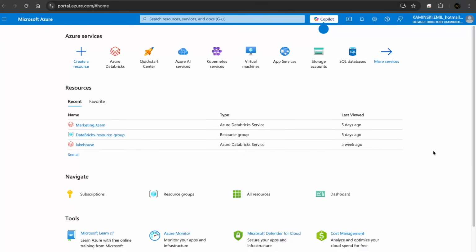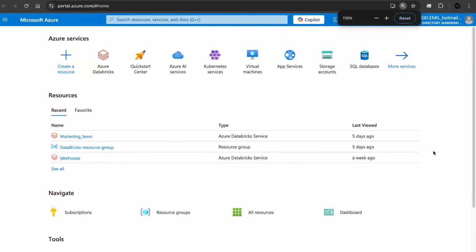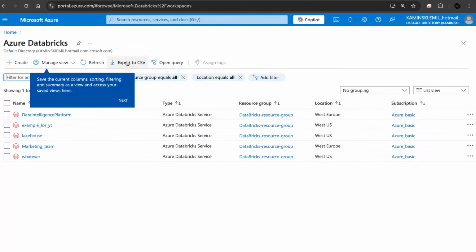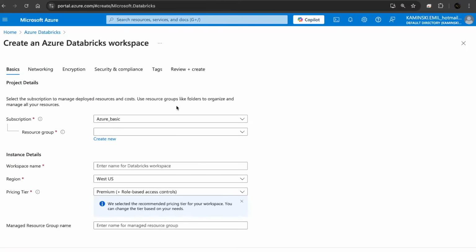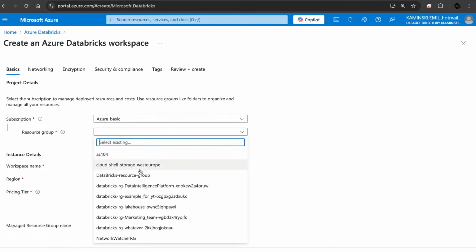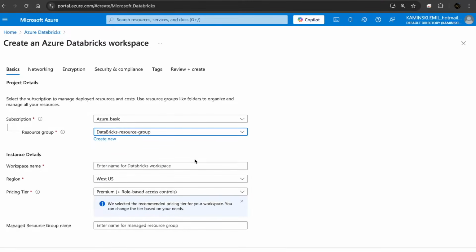To explain workspaces and account, let's take a step back and say that we just want to start using Databricks. In my case, I use Microsoft Azure for this YouTube channel. I log into the Azure portal, type Databricks over here. Azure Databricks popped up, and now I can create my first workspace. So I click create, using some standard settings and a standard resource group, it doesn't really matter. And let's say that we are creating a workspace for the sales team